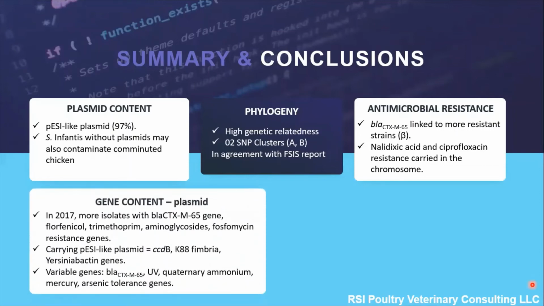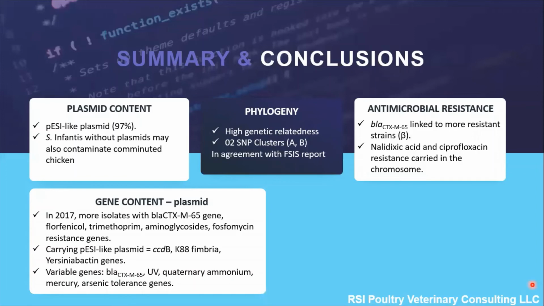Regarding the plasmid gene content, some genes that provide resistance to antibiotics seem to be less frequent in Salmonella Infantis isolates recovered after 2017. Some plasmid genes were common to all the Salmonella Infantis carrying the plasmid. Genes such as the ccdB, K88 fimbria, or Yersinia bactin genes can be used to identify Salmonella Infantis carrying the